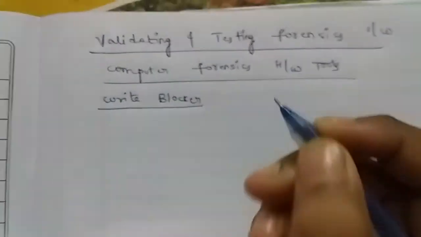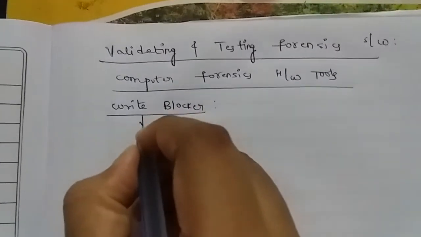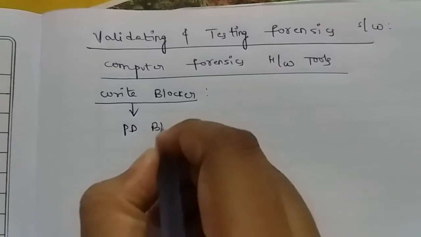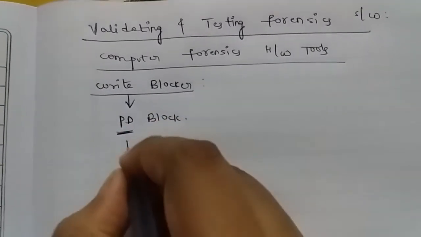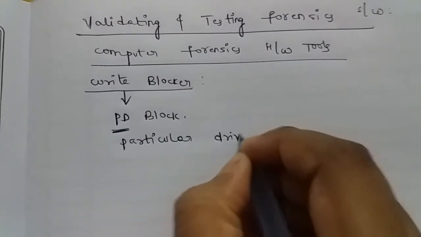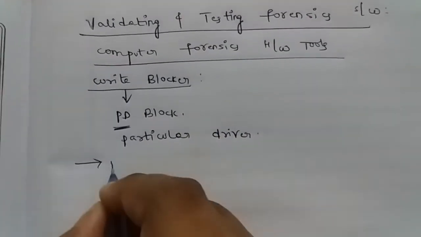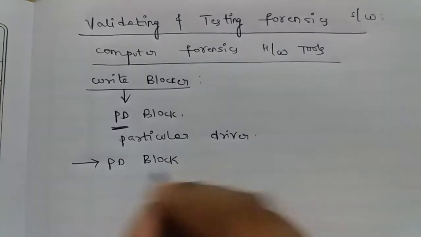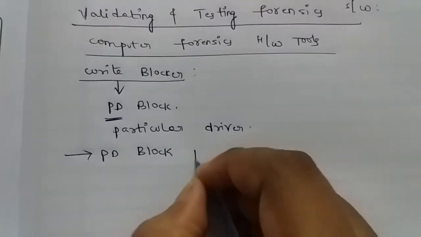We are using the write blocker. In this write blocker, the PD blocker we are using. What is meant by PD? PD is a particular driver. What is the use of the PD blocker? Particular driver blocker